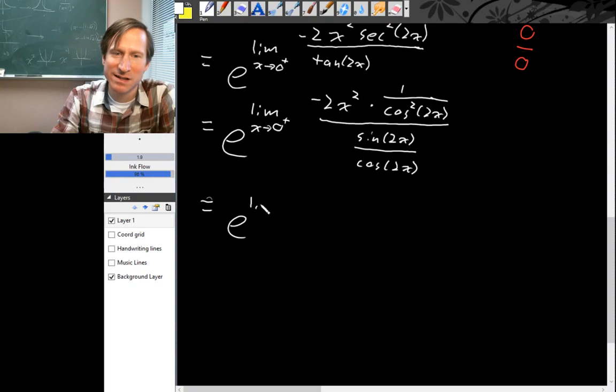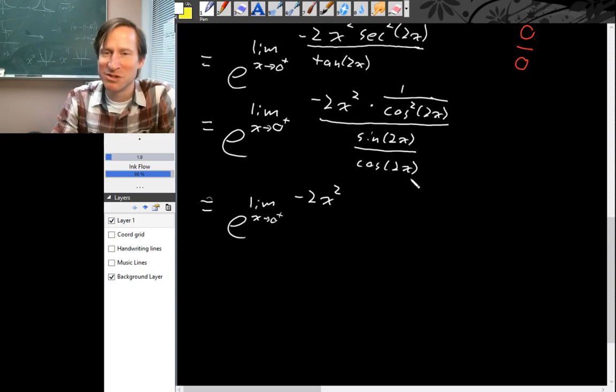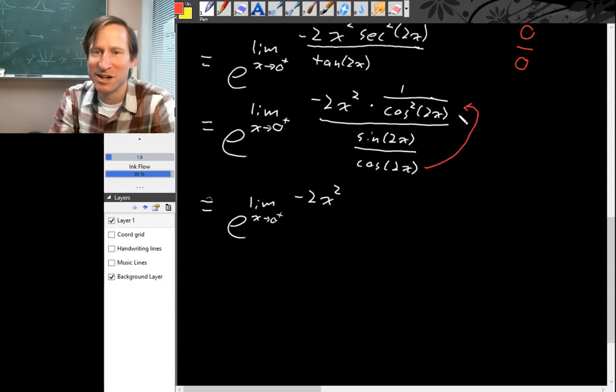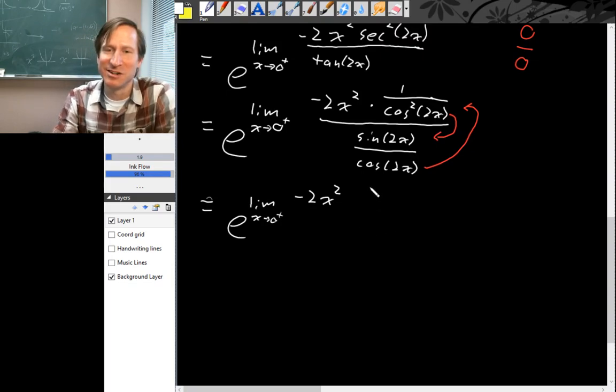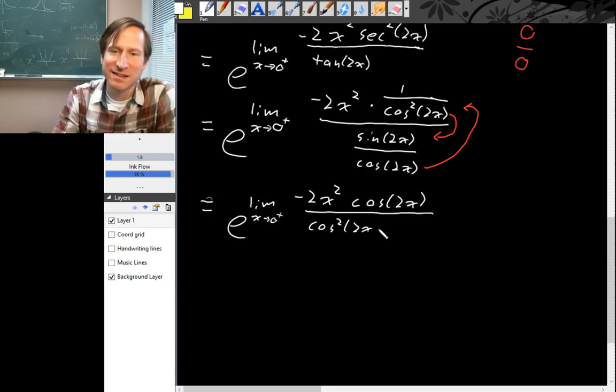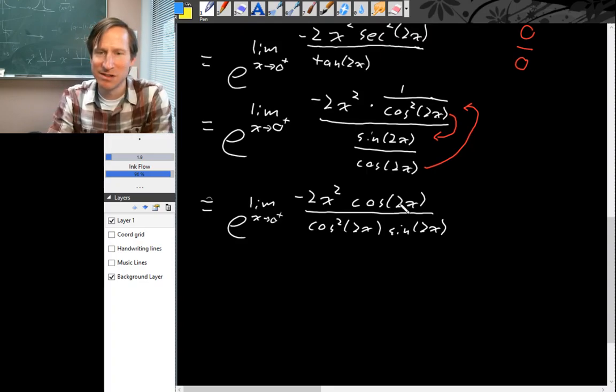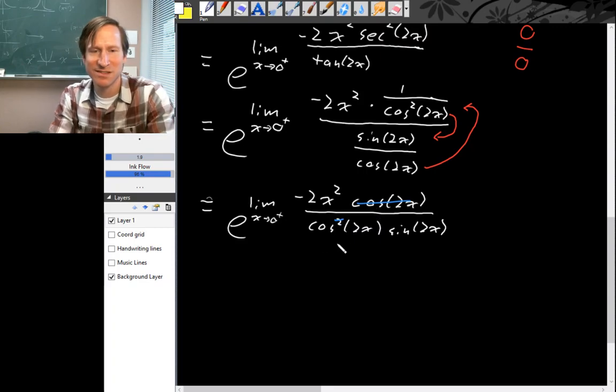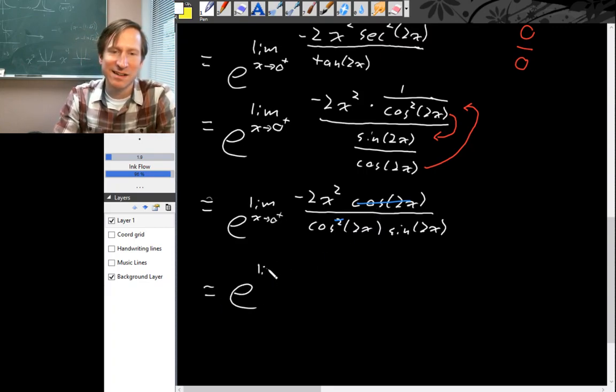So this is e to the limit as x goes to 0 from the right of minus 2x squared. Let's see, in the numerator, this cosine down here is going to flip up to the numerator. The cosines, so this one's going to end up in the numerator. This cosine squared, it's in a denominator, so it goes down here. So we get cosine 2x over cosine squared 2x times sine 2x. Some of the cosines cancel. Let's see, this cosine cancels one of those cosines. So we get e to the limit as x goes to 0 from the right of minus 2x squared over